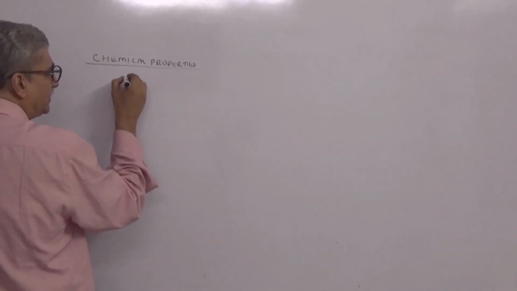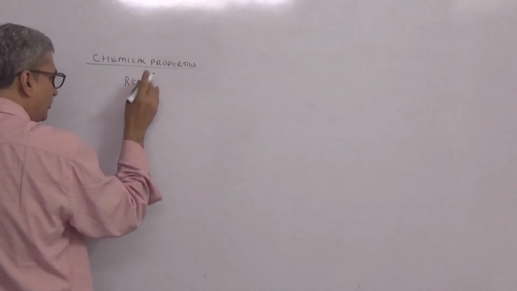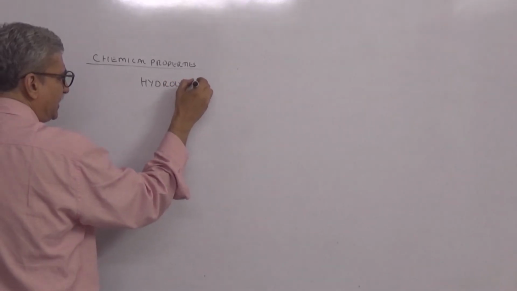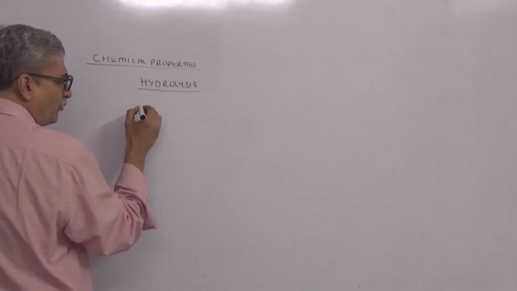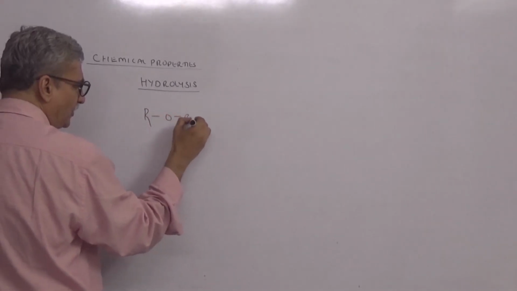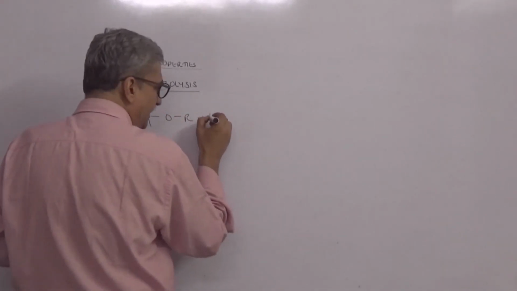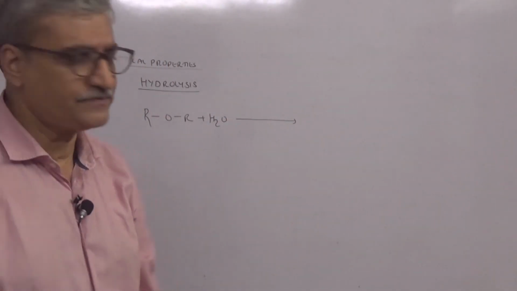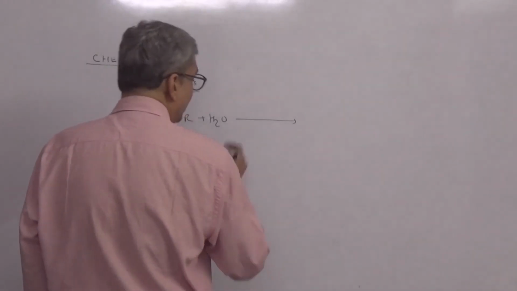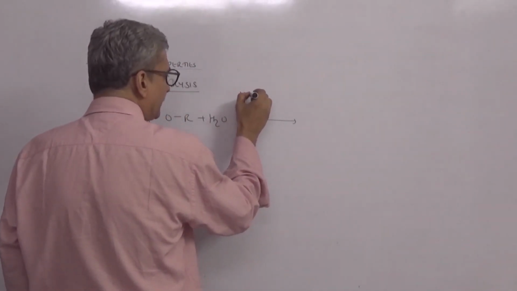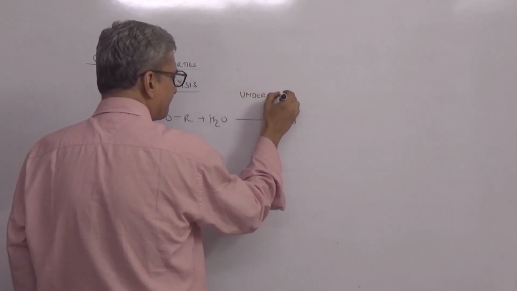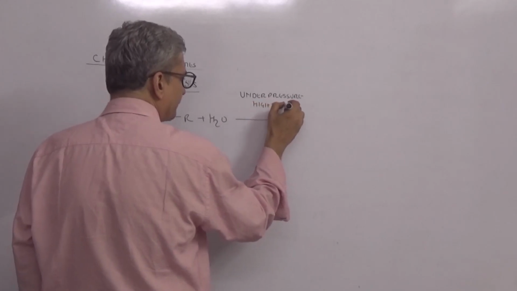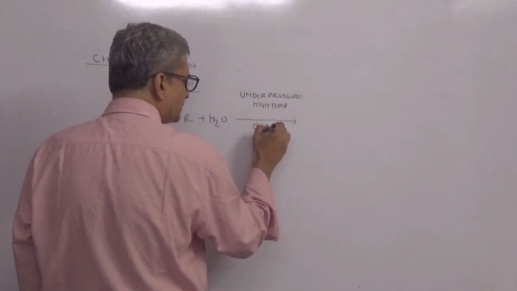Then the next reaction that we have to talk about, listen carefully, is reaction with sulfuric acid, or say hydrolysis. Let's put it this way. We have hydrolysis. So whatever ether you have, ROR, normally it's not going to undergo hydrolysis. Why? I told you the carbon-oxygen bond is sp3 overlap. Is this point clear? But under pressure, high temperature, and with dilute sulfuric acid, 3 conditions.